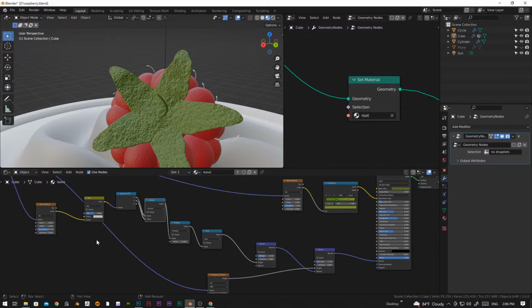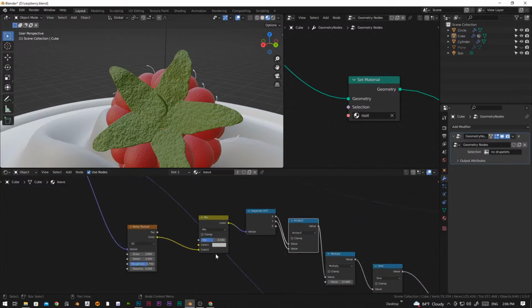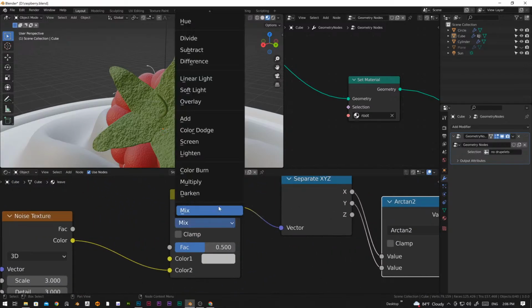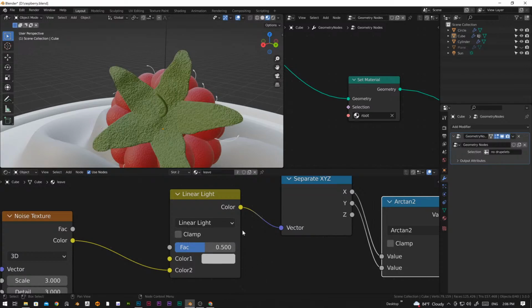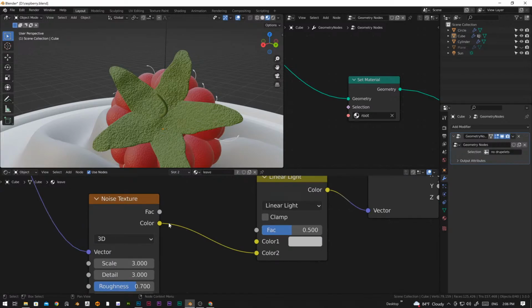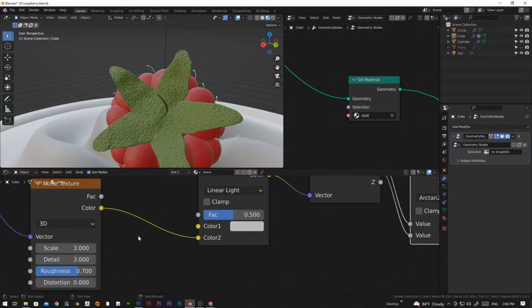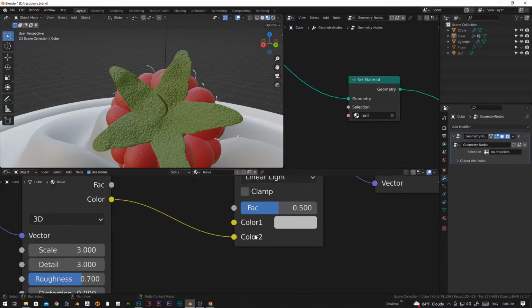We have separated the value, and let's change this mix to linear light. Right now it's completing shadow linear light, and I think this color should be color. Yeah, I don't know, there's some problem. We're going to change the factor. Let's change the factor to 0.1,